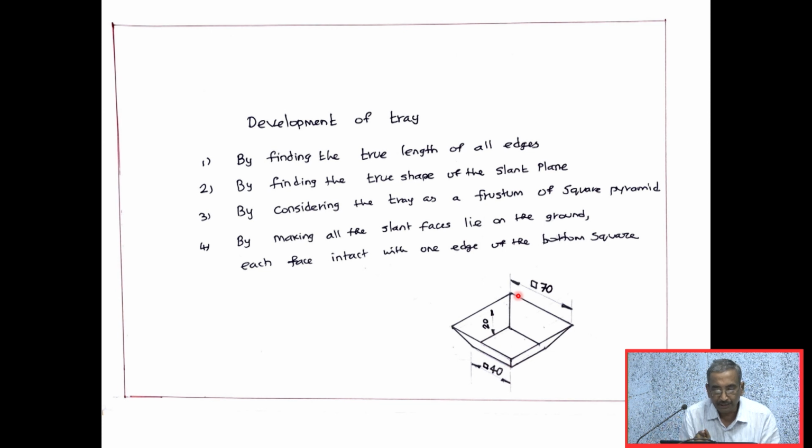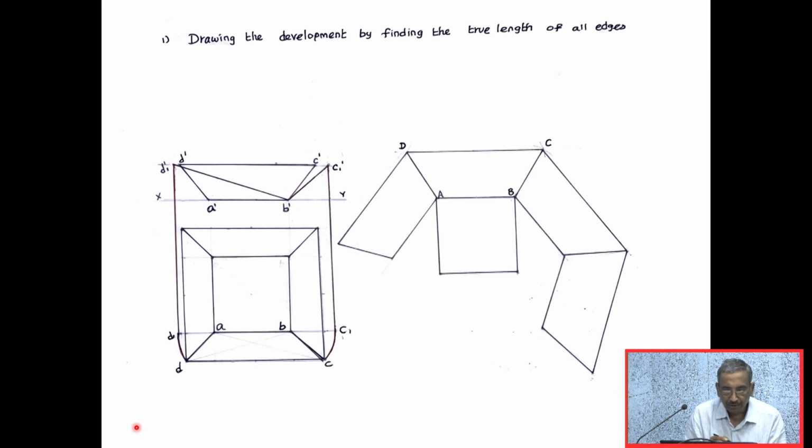The last method is by making all the slant faces lie on the ground, each face intact with one edge of the bottom square. So we will be seeing all the four methods one by one, and we will be selecting the best method in the convergent phase. So this is the first method, which is drawing the development by finding the true length of all edges. So we will be drawing the top view of the square pyramid,